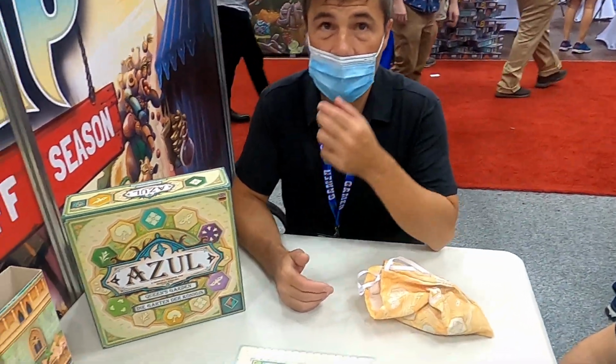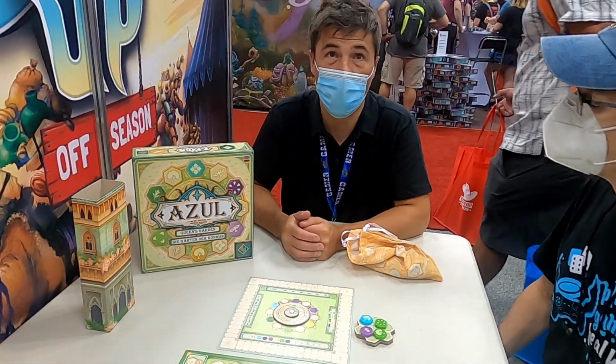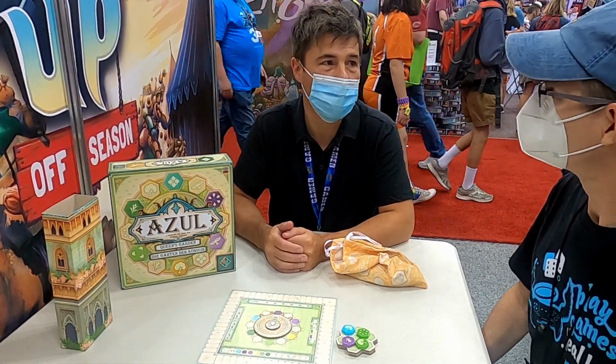Awesome. And what are you showing us here today, Martin? Here we have Azul Queen's Garden, the fourth Azul game. This game will be released in Essen